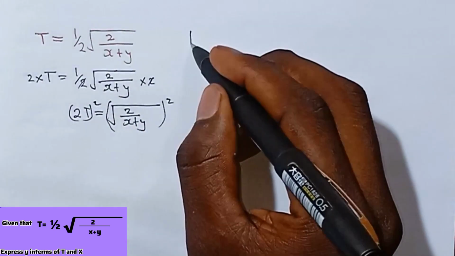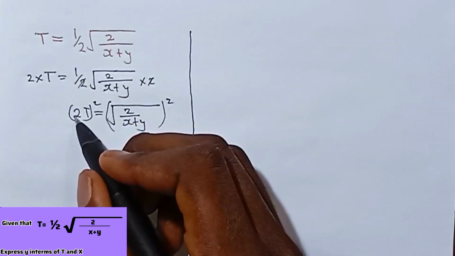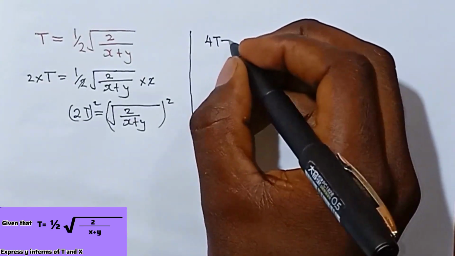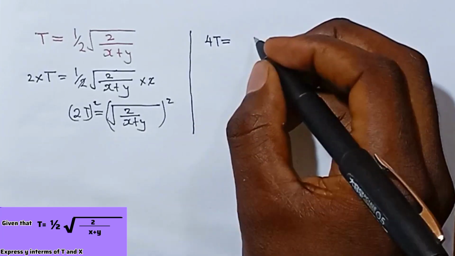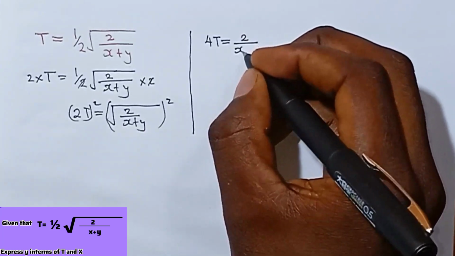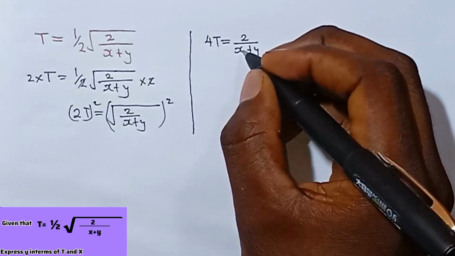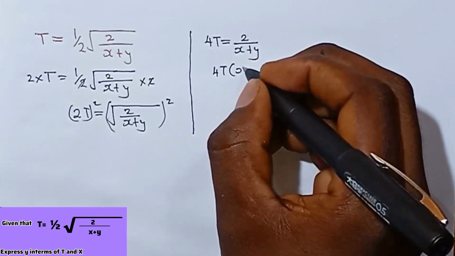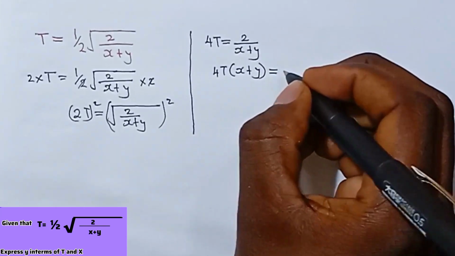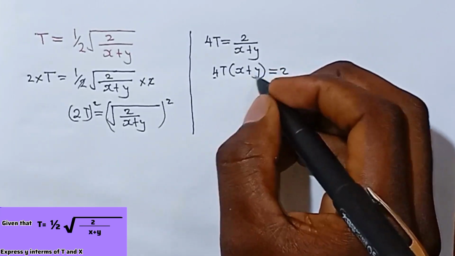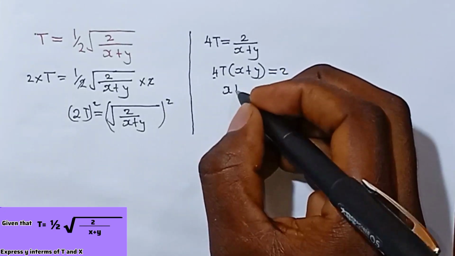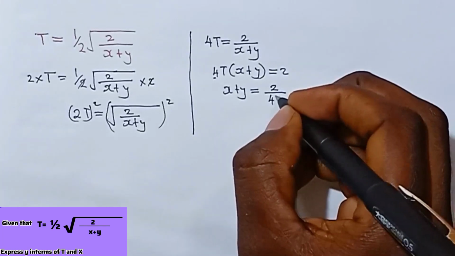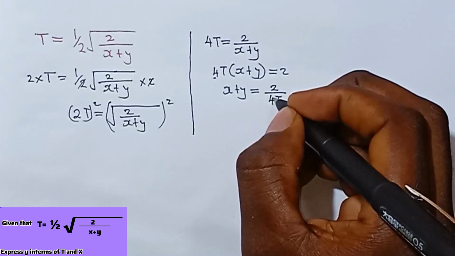So we are going to have 2 squared is equal to 4, so 4t squared is equal to 2 all over x plus y. So we multiply both sides by x plus y. We have 4t squared into bracket x plus y is equal to 2. So we divide this on both sides. We are going to have x plus y is equal to 2 all over 4t squared,